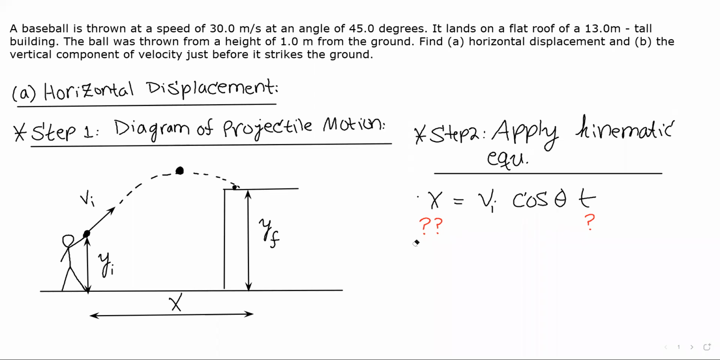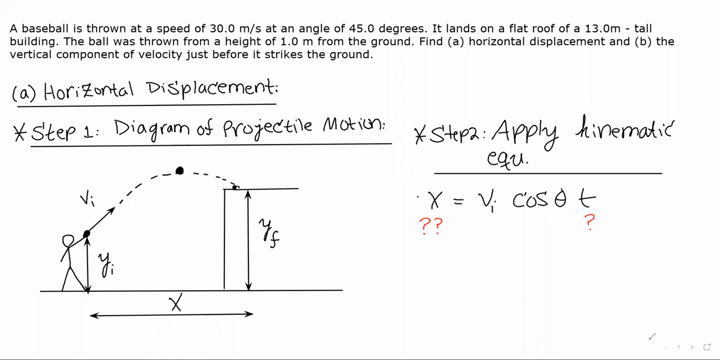They say find the horizontal displacement. We're trying to find x. And the common pattern or theme, especially in physics 1, is that you have 2 unknowns. You hit a roadblock. In order to find x, I need to find t. So we apply